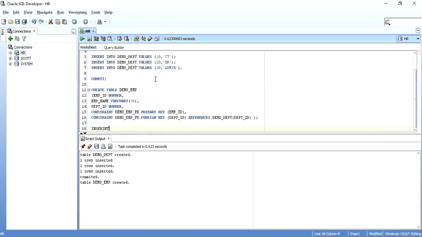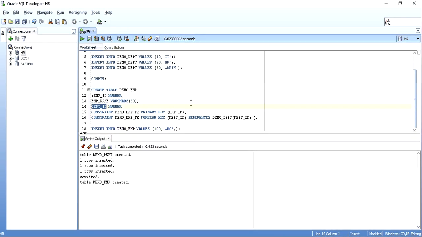I'll insert some records into this demo underscore emp table. So I'll write an insert into table name values, and I can give employee ID as, say, 100, employee name is ABC, and now comes the department ID.